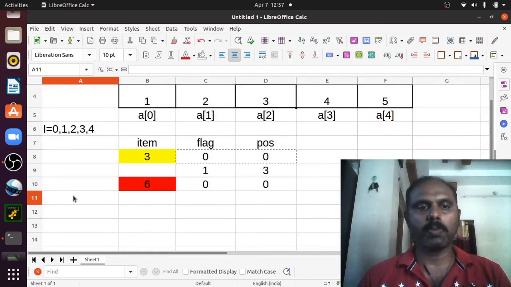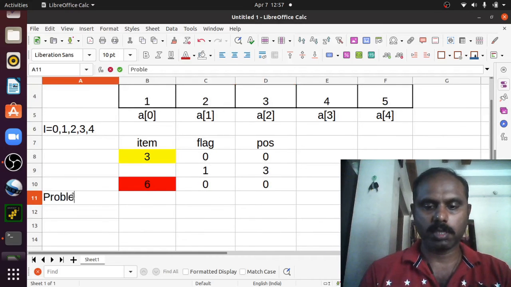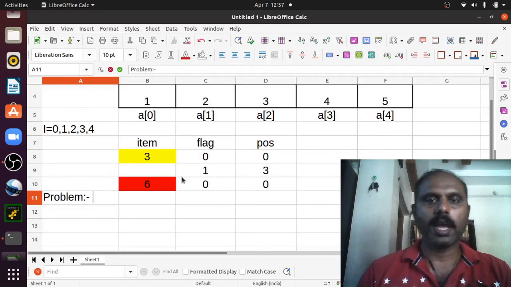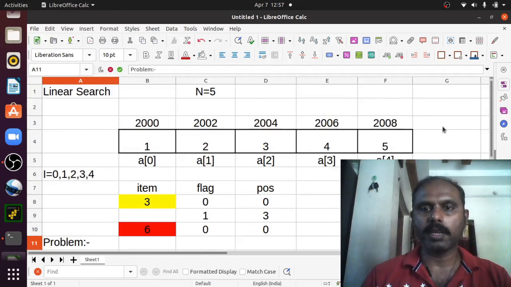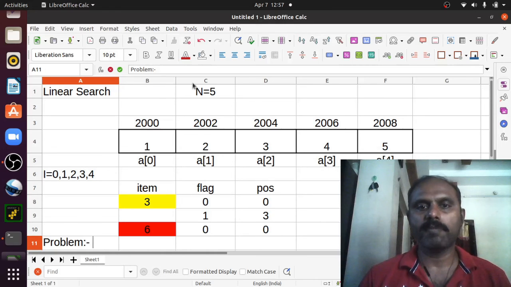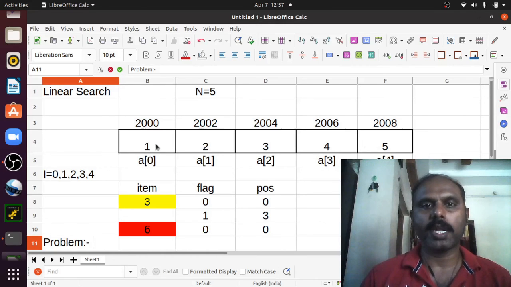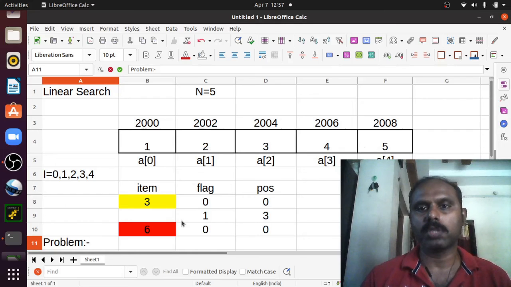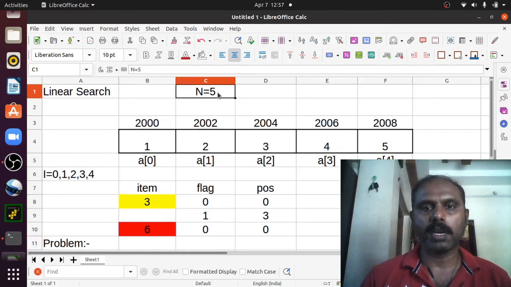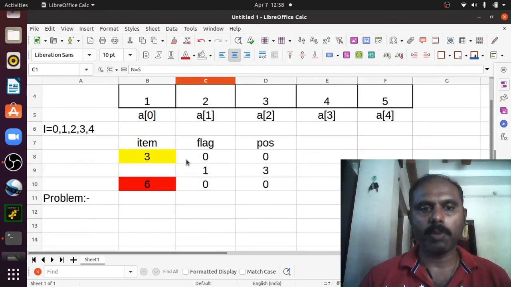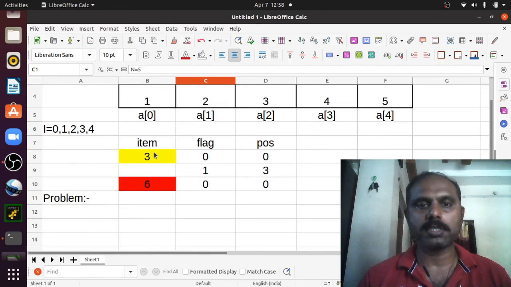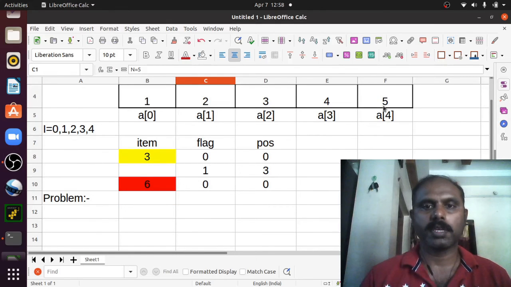Now what is the problem with this method? The problem is that as the number of elements increases, the number of comparisons also increases. If there are 5 elements, there will be 5 comparisons: 1, 2, 3, 4 and 5. If the number of elements is 100, there will be 100 comparisons. As the number of elements increases, that many comparisons it will do.